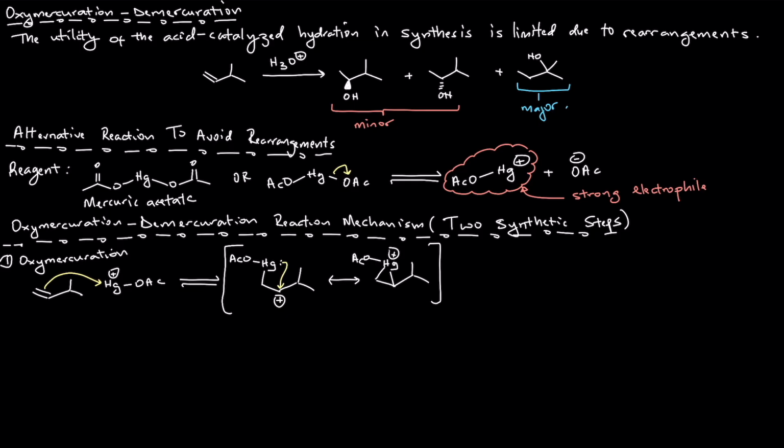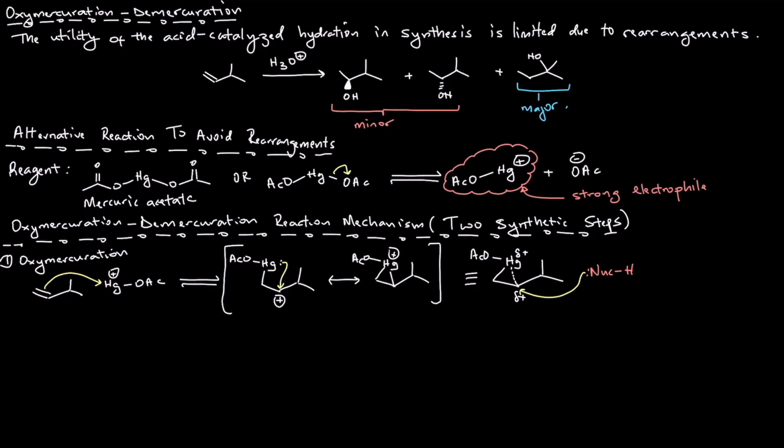But remember, this is a resonance form, so there's a hybrid molecule you can draw, which puts a partial positive on that secondary carbon as well as a partial positive on the mercury. Okay, so once you get here, you can take a nucleophile, and really any nucleophile you want, in your oxymercuration step. We're going to denote a generic nucleophile with NucH, and that NucH can really be any nucleophile. That nucleophile can then attack the partially formed carbocation